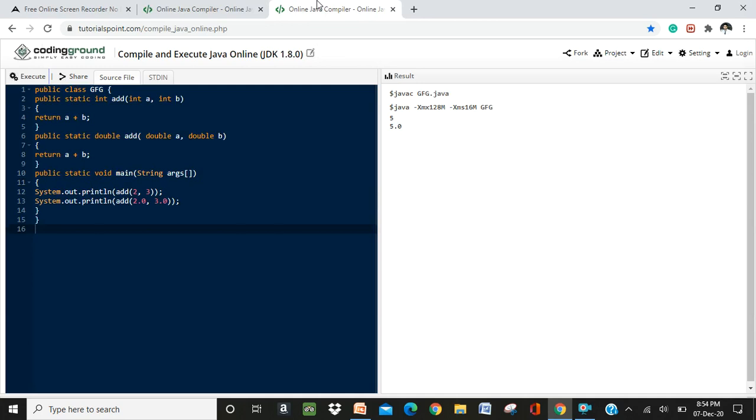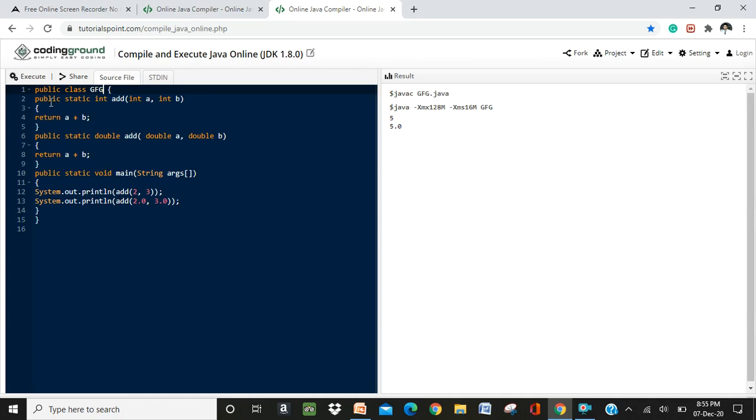You can see I've created a class there, public class GFG or something. Wherever you do it, remember the first letter should be capital. You can give any name there. Generally, while working with other platforms, the name of the file should be the same as the name of the class.